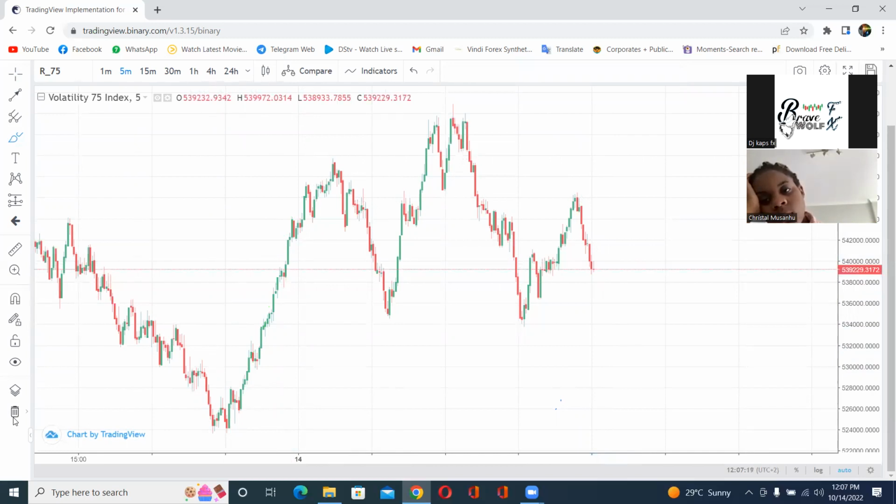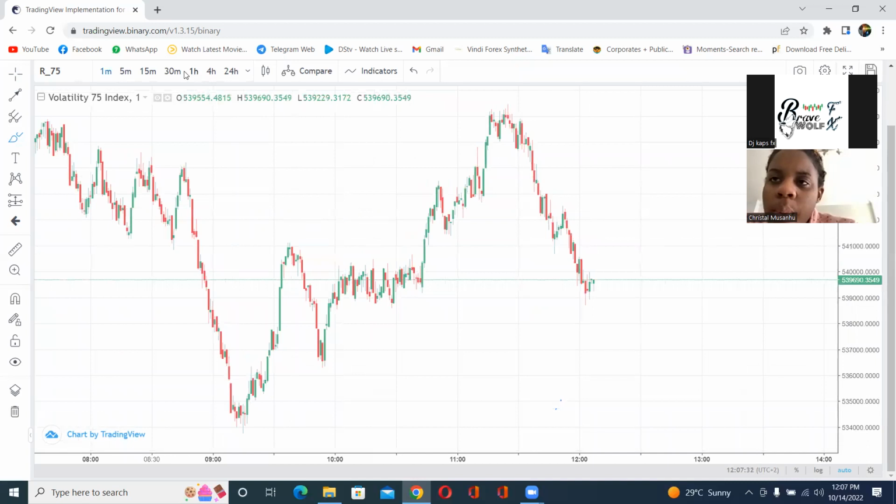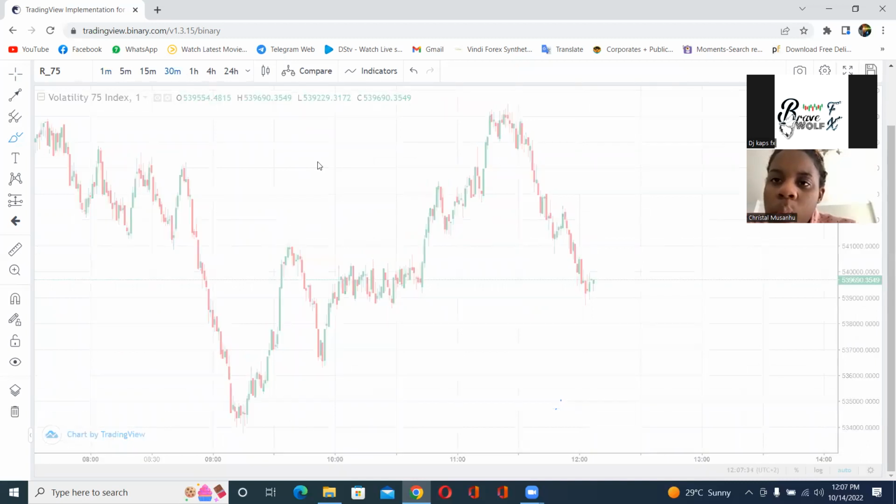You understand? So now I'm not trading the candles because they are confusing. I'm trading the candles, but in another way. I can't say I trade candles, but I do check some candles and do whatever they do with candles. So in 1 minute, I wanted to find the support and